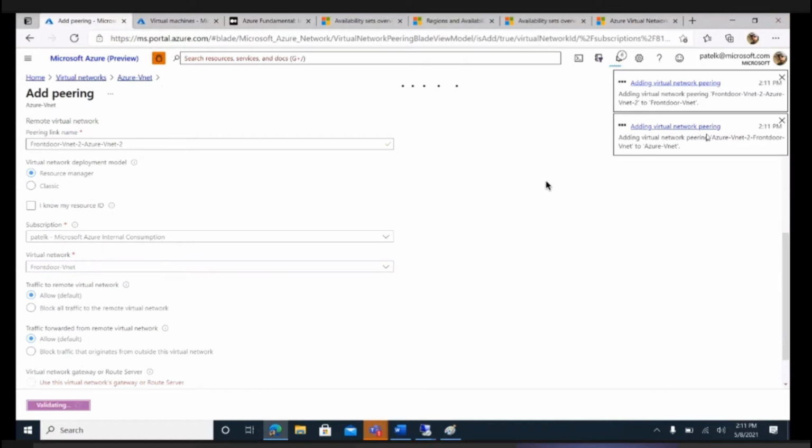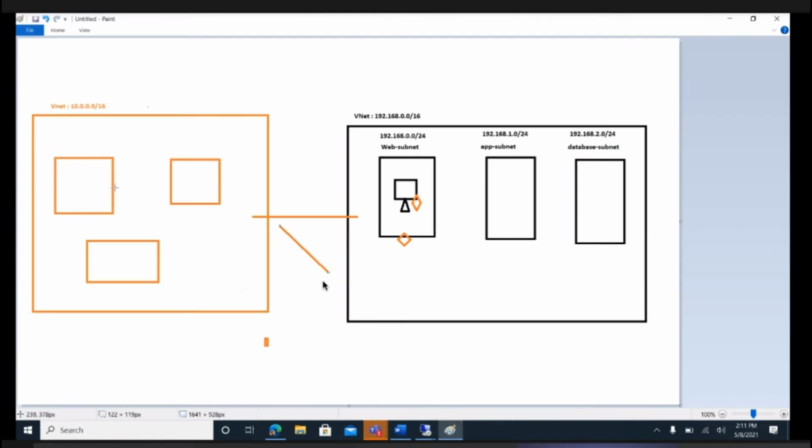Here you need to select to which virtual network we want to create a peering. So I am selecting Front Door. Once you create, you will see that it is going to create two different virtual network peerings.